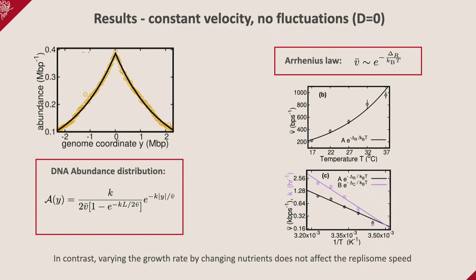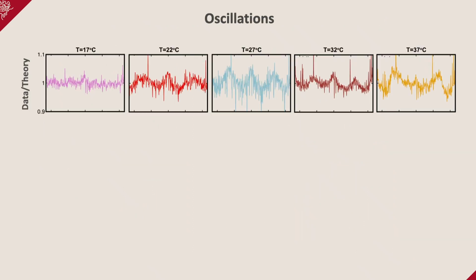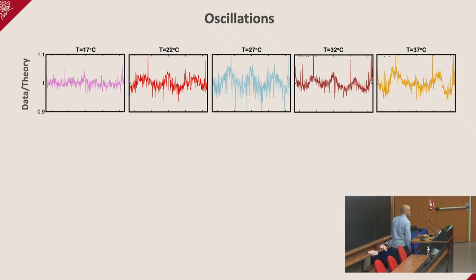But then we started looking at these curves, and we saw that actually there was something else that caught our attention, and it's the following thing. If you see here, the points are a little bit above the curve. Here they are a little bit below, and then they're a little bit above. You might think I'm going crazy here. But let me magnify this effect by plotting instead the data divided by the theory, divided by the exponential solution. If I do that, this is what we get. These are the 5 different temperatures that we studied. At 17 degrees, this looks pretty much like noise, which means essentially the model is fitting our data well. But at increasing temperature, you start to see